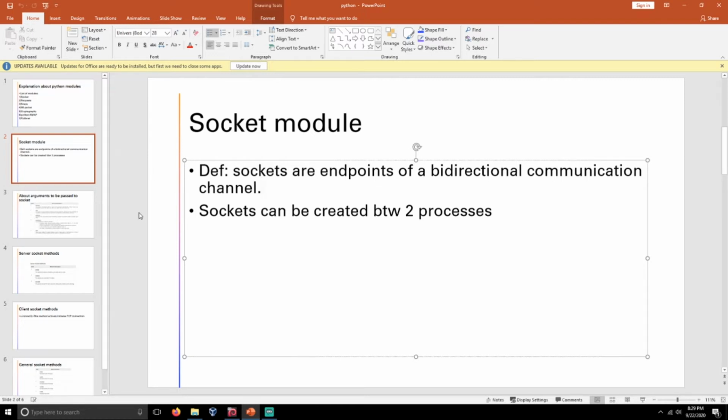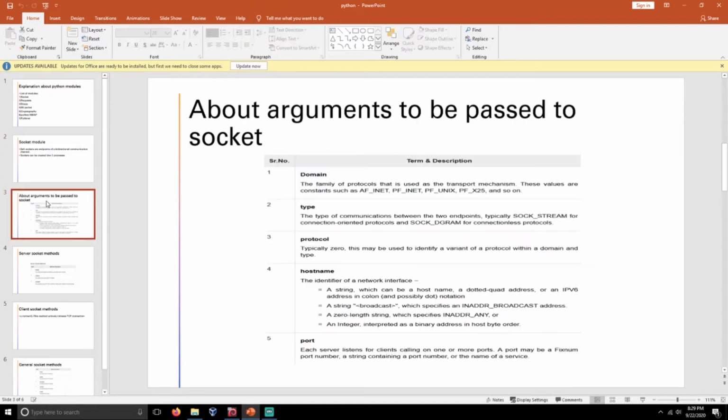In Python there is a socket module. For that you need to pass some arguments, which will be discussed in the next slide. These are the arguments that you need to pass to the socket object. The first three arguments are mandatory, and the last two arguments are optional. If you need extra functionality, then you need to pass these two arguments also.